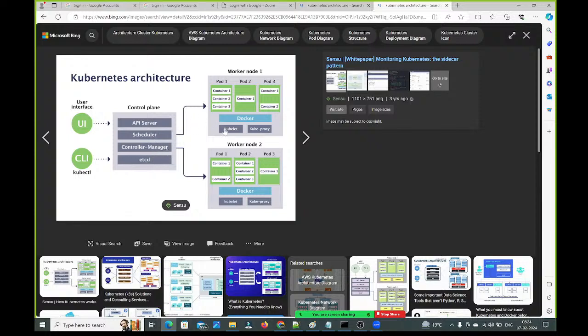Scheduler will talk to the kubelet to execute the pod. Kubelet is the agent of the worker node. Kubelet will verify whether resources are available in the worker node to execute that pod or not, and that information kubelet will give to the scheduler. Pod is nothing but a logical unit. It contains multiple containers. Docker is a runtime. Docker runtime will create the containers. Whenever the scheduler schedules the pod execution, kubelet will talk to the Docker runtime to create the containers inside the pod.